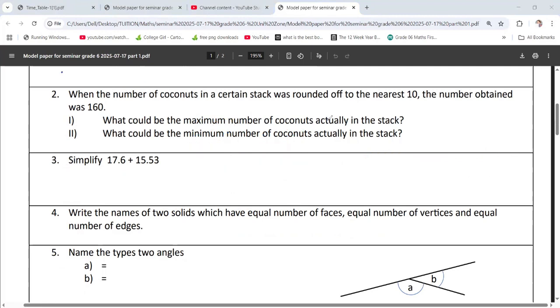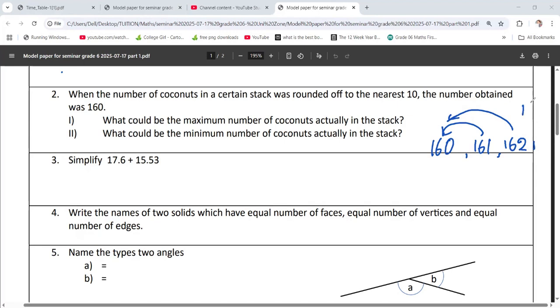In the second question, when a number of coconuts in a certain stack was rounded off to the nearest 10, the number obtained was 160. What could be the maximum number of coconuts actually in that stack? So here, if it is rounded to 160, you need to understand that if it is 161, then also it will come to 160 when rounded off. You know that, right? If you take 162, that also comes to 160. And that way, up to